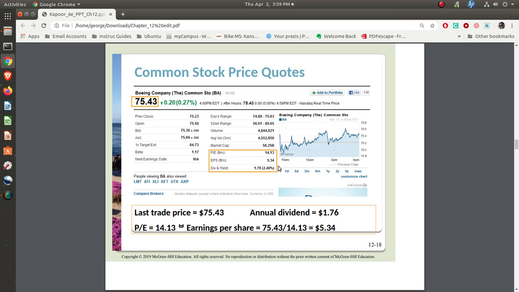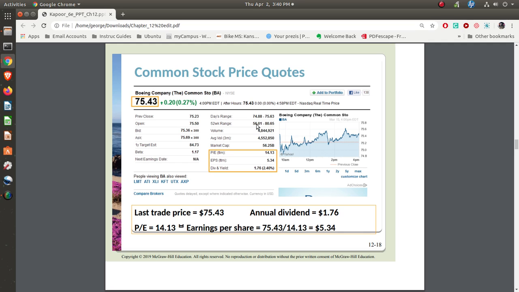Now, this is an example of what I'm going to show you a little bit later on, as far as how to find information on stock prices. It's actually in Yahoo Finance. And you can see that what it's showing is the current price, and it's changing from minute to minute. Has it gone up or down? What did it close at the day before? What did it open at today? What's the range for the day? Over the past week, what has been the range?